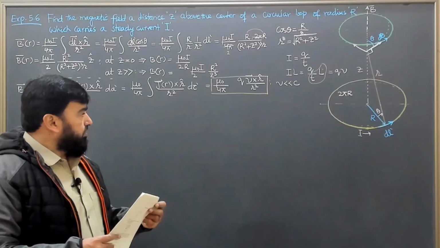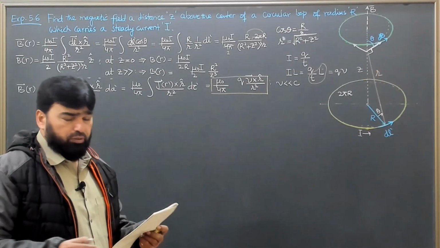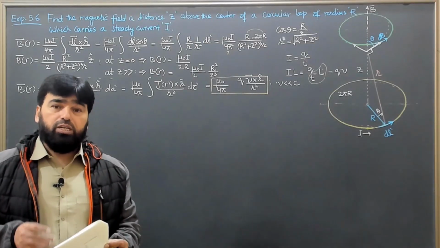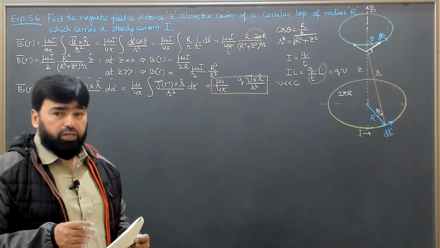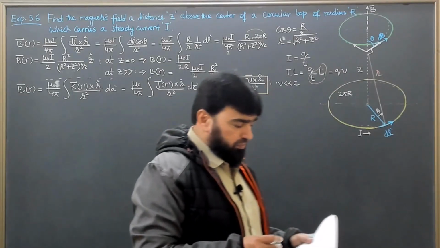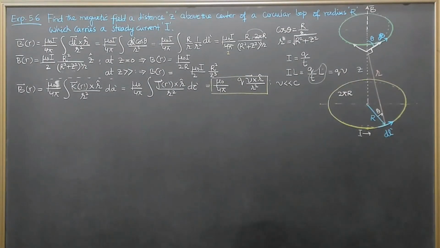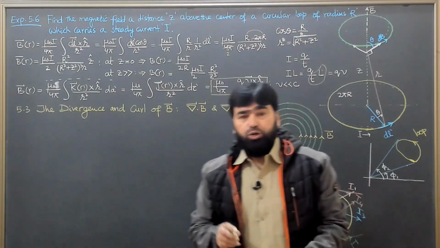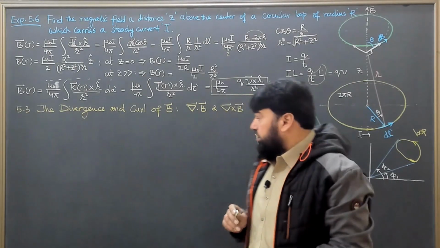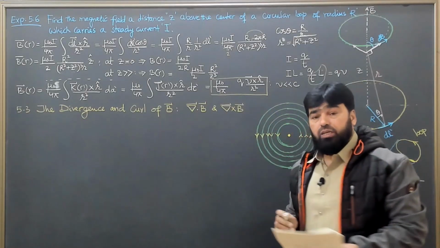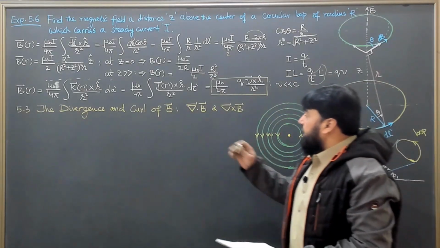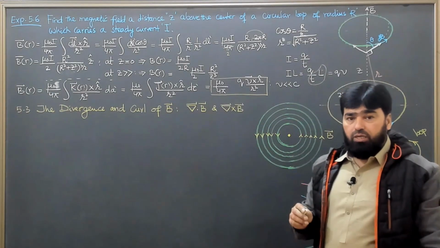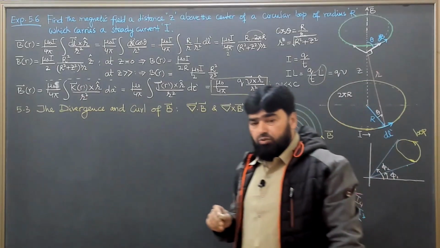Now we will move to the divergence and curl of B. What will the divergence and curl of B give us? Now we start with section 5.3, and section 5.3 is the divergence and curl of B. We will find the divergence of B and the curl of B. First we start with the